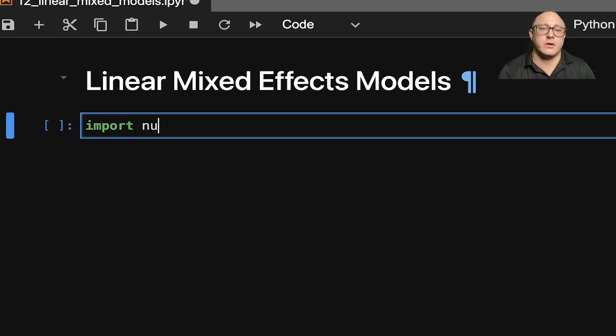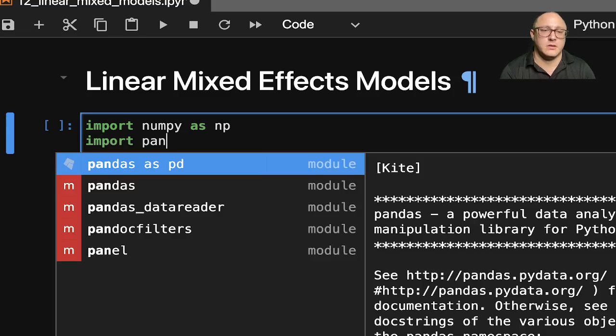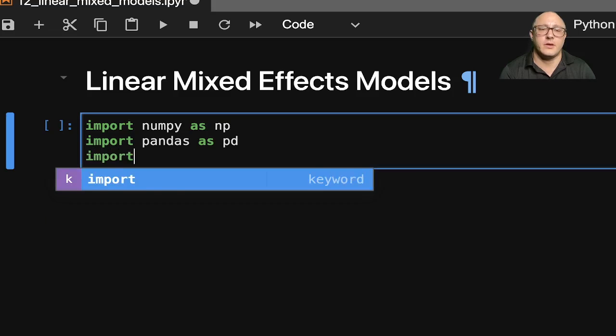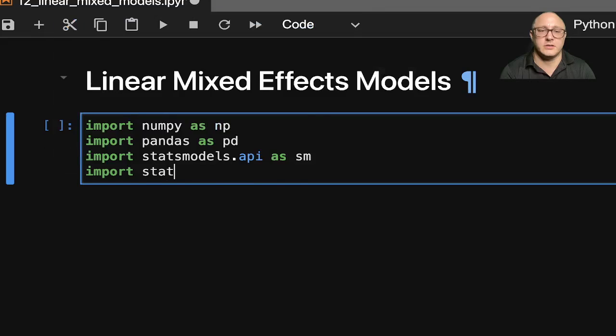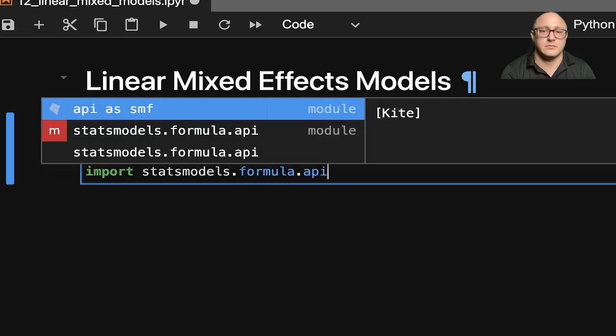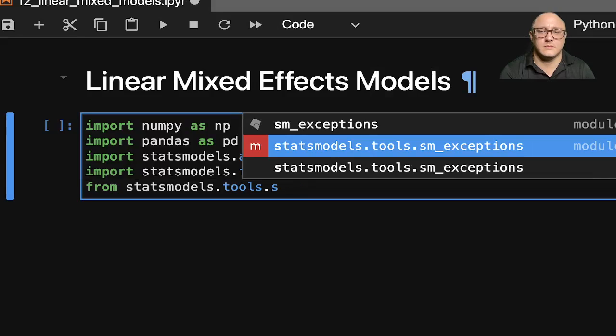And so we want to import numpy as np, import pandas as pd, import statsmodels.api as sm, import statsmodels.formula.api as smf. From statsmodels.tools.sm_exceptions